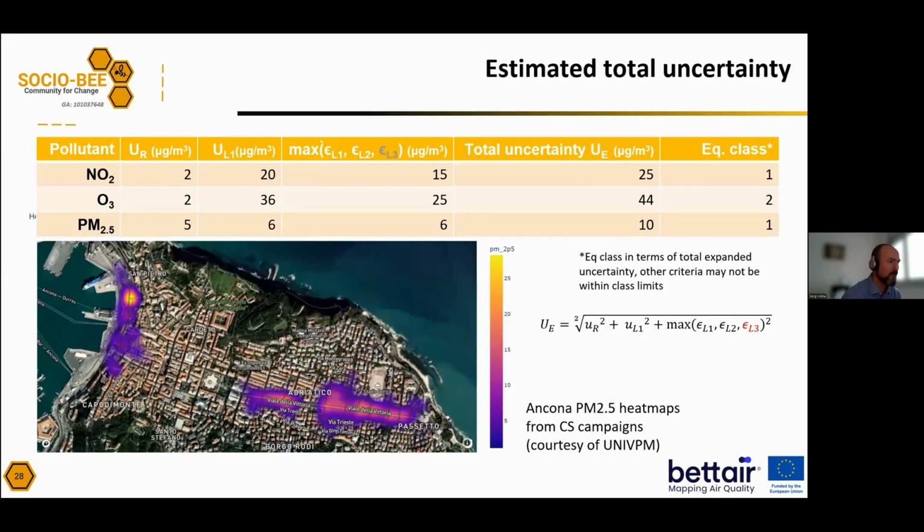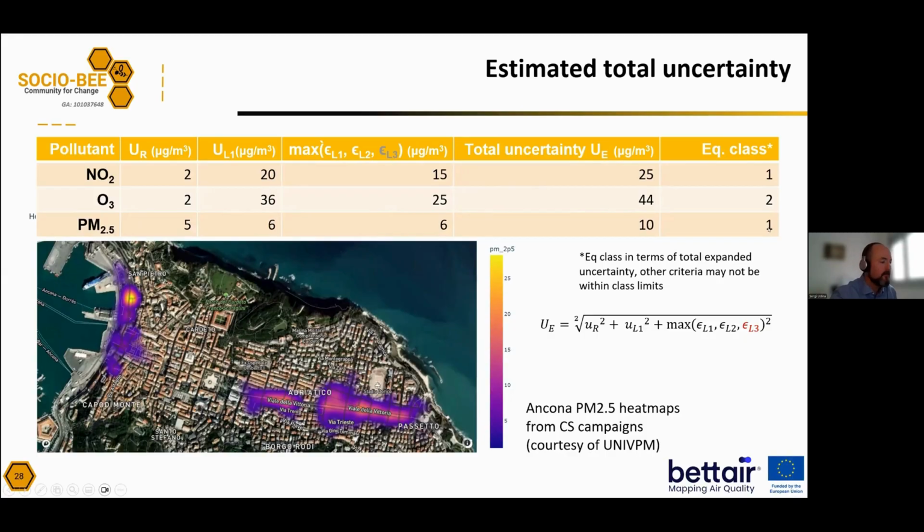If we put all of this together, we got estimated total uncertainties for NO2 of 25 micrograms per cubic meter, for ozone 44 micrograms per cubic meter, and for PM2.5 10 micrograms per cubic meter. And this would be equivalent, only taking into account the expanded uncertainties, for NO2 to a class 1. It would be a class 1, so it could be indicative. For ozone, it would not be class 1, it would be class 2, and for PM2.5, it would be class